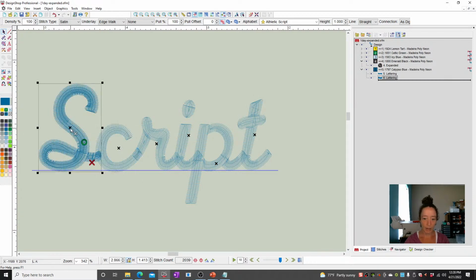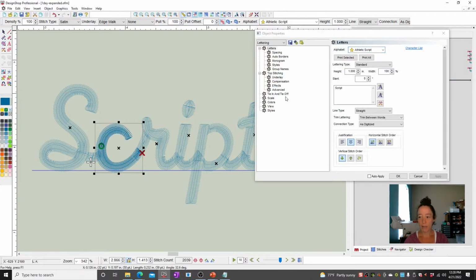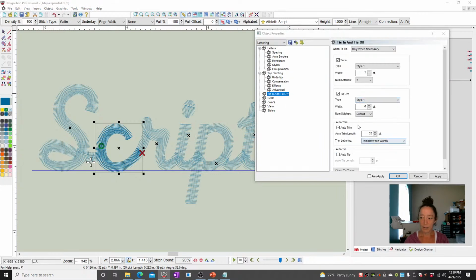Okay. So, reasons why it would trim between letters. Take a look here. This letter starts there and ends here. This one starts here and ends there. The start is the important part. So it started here. The previous element ended down here. So the distance between where the previous thing ended and the new one starts is close to 60 points. All right. So if I go into properties in my tie in and tie off, if the number, so if I make this 70 points for some silly reason,